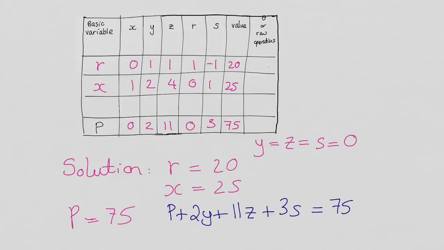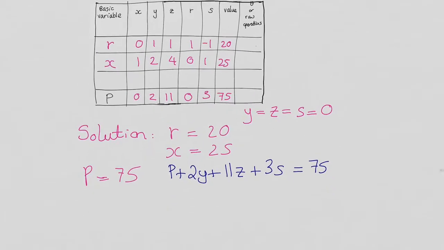If I just write that in a slightly different way, I'm a little pushed for space here. If I rewrite that as P equals 75 minus 2y minus 11z minus 3s,